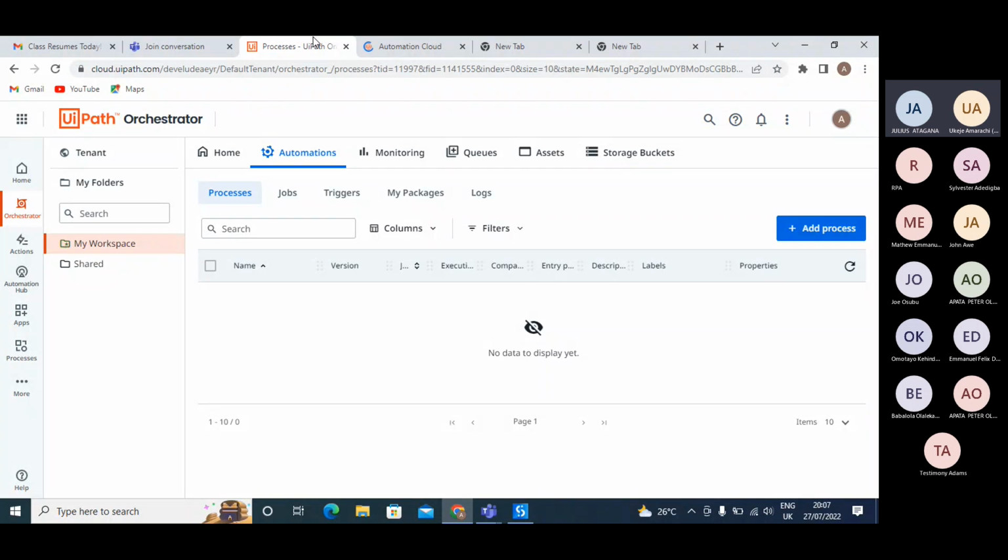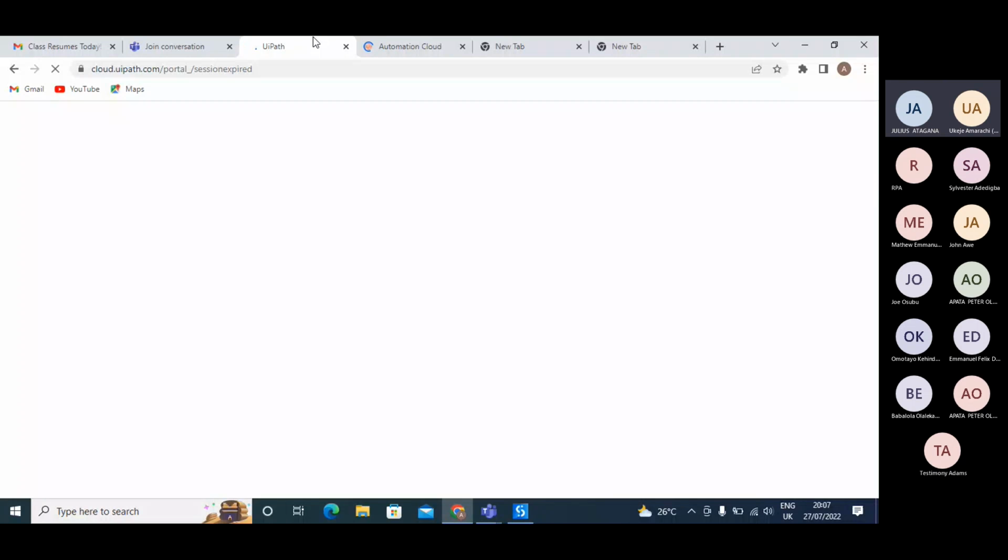Let's say we have a folder called IT, and we want every machine tied to that folder to be for IT related issues. So we could look at the IT machines and tie them to that folder. Each of those machines can run on the available robots you have.